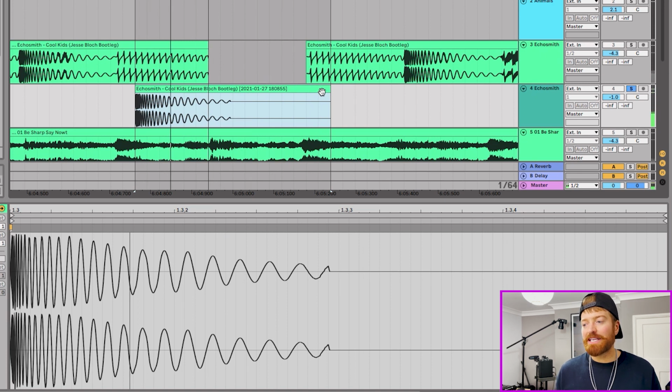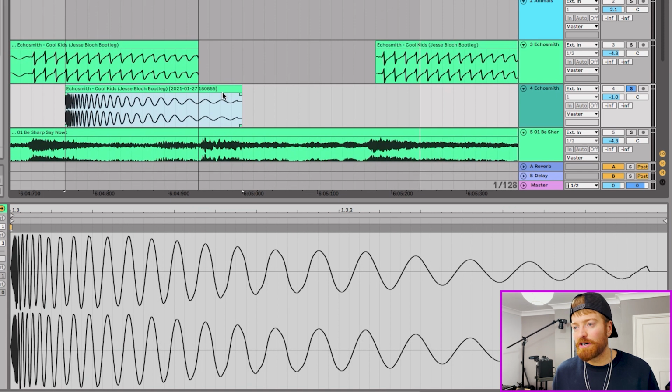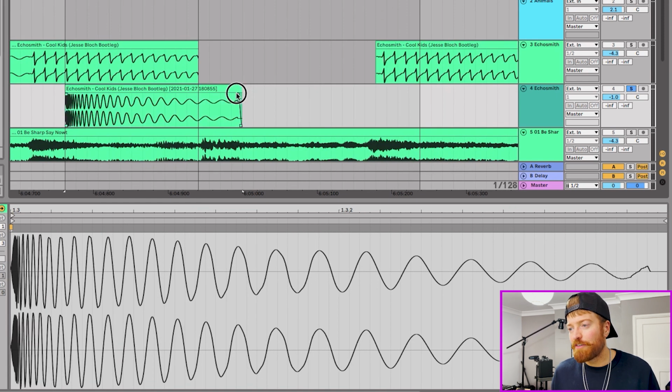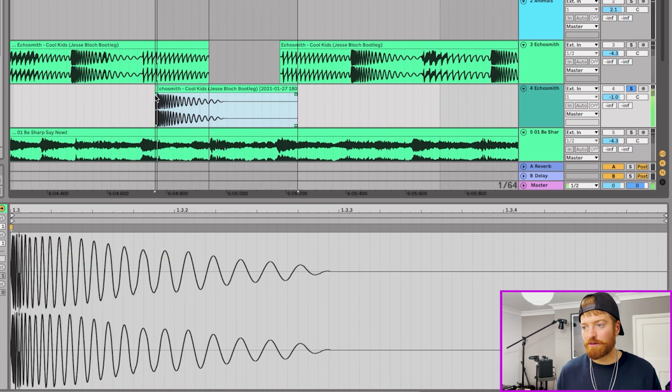And now can you hear there's a little sound at the end of the kick? Because there's this little kind of awkward bit here. If you look here, there's this awkward bit. So what you can actually do is bring the audio clip in, grab a fade and just fade off like this. There, now we can go grab that quarter note like that, hit Apple J, and we've got a clean sounding